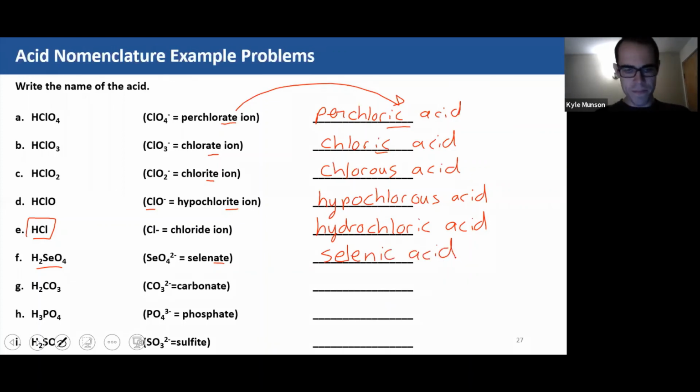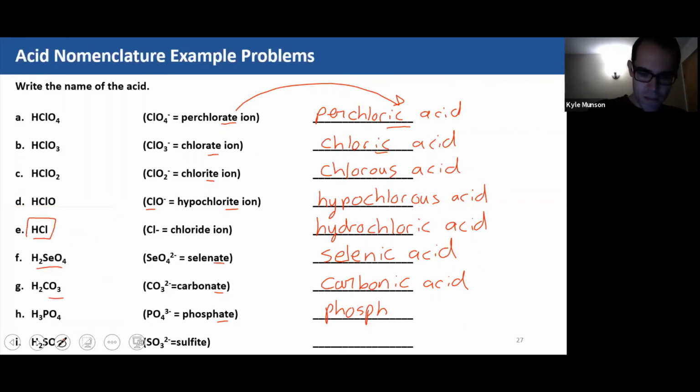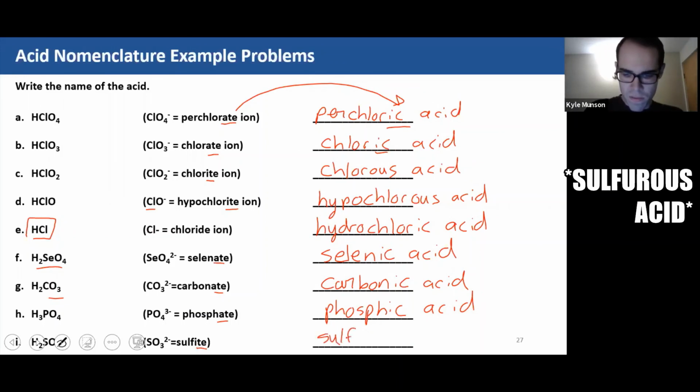acid. Okay, same idea here. Oxyacid, ate ending. So this is carbonic acid. Okay. All right, let's see here. Another oxyacid, ate ending. Phosphon. Oh, I'm writing just the ion name again. Hold on. Phosphoric acid. Okay. So this is an ITE ending. It's an oxyacid. So this is sulfurous